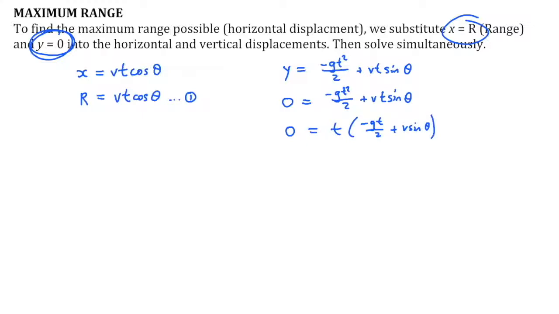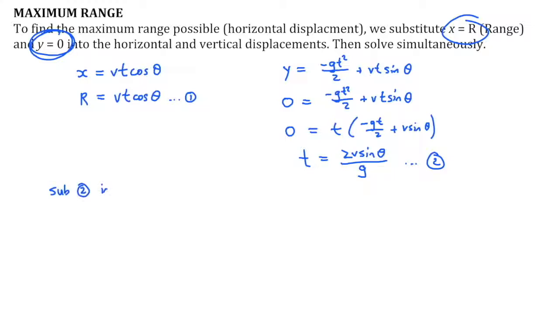I find that t could equal 0, or t could equal v sine theta to v sine theta, and I'm going to be timesing that by 2, so I get 2v sine theta over g. That's for the time that it takes to do the complete journey, which is what we found in the previous question, but I'm going to call this one here piece of information number 2. So let's go and